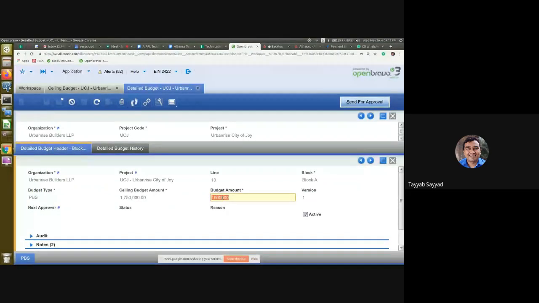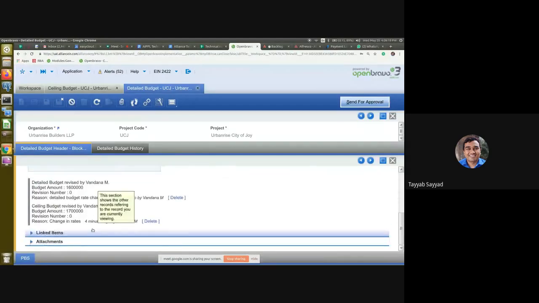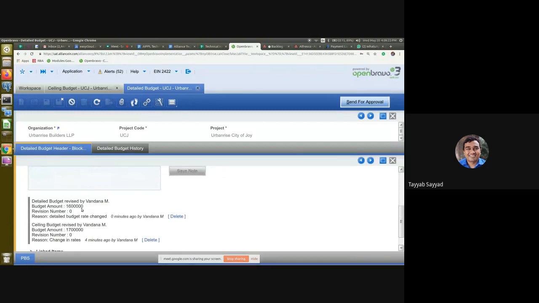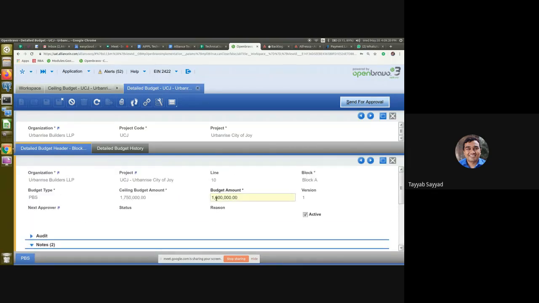And whatever reason we added will get recorded as notes in the system. So anytime we can go and see what was the revision and what was the change we have done. So I'll change this budget amount